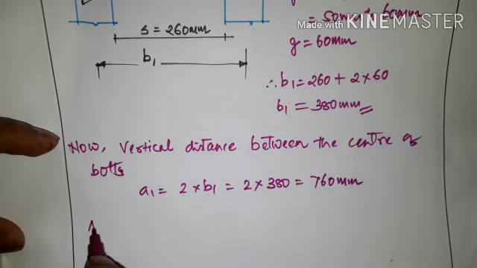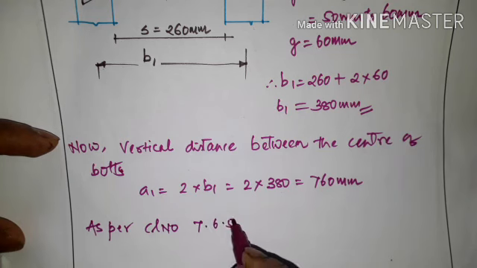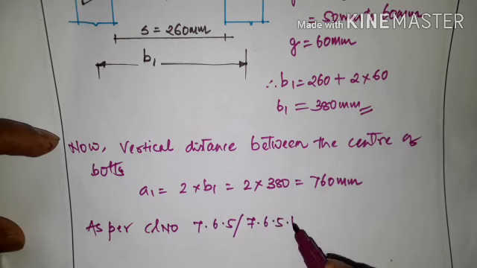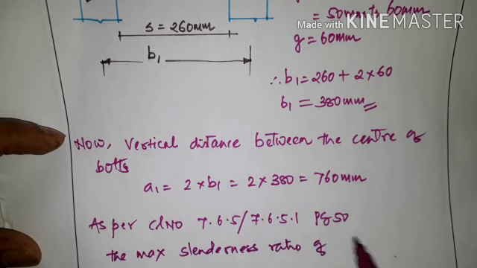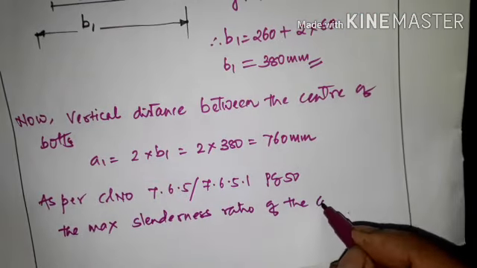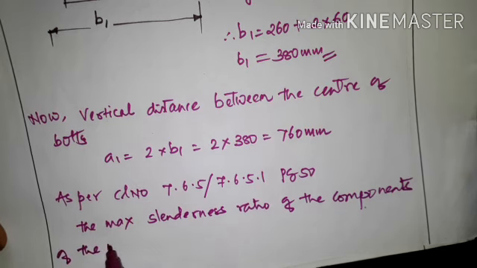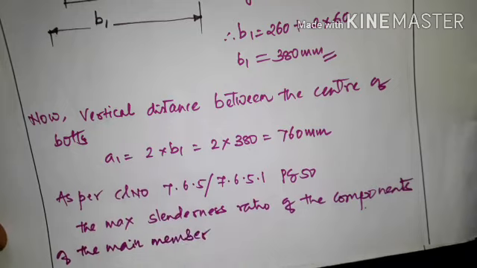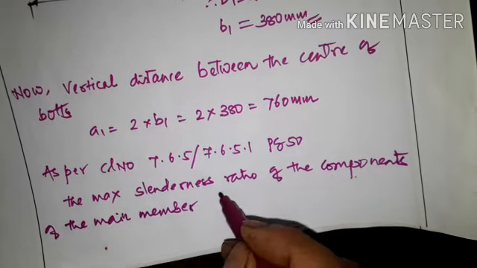Okay, so as per clause number 7.6.5, 7.6.5.1, page 50, the maximum slenderness ratio of the components of the main member, that is A1 by R1,